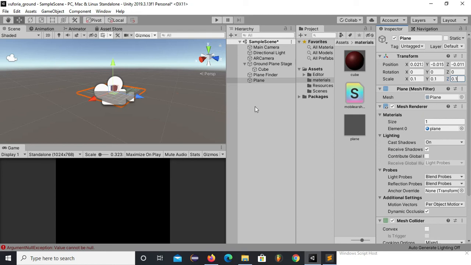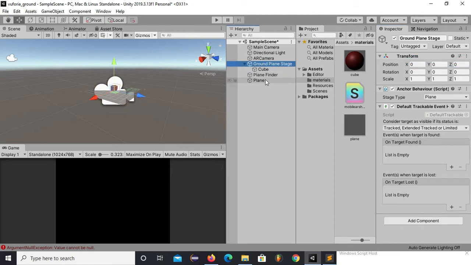So this is the scaling. It's not necessary, but it's up to you. You can do it or you can leave it as it is. And now I will change its position, put it at 0 0 as the ground plane,